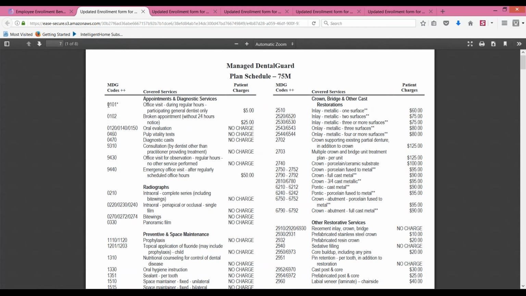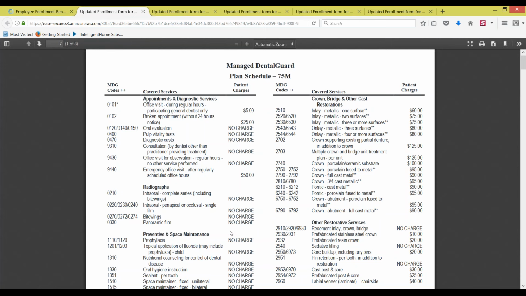So if you're familiar with billing codes, because you may bill for your services right now, dental is the same way. They have ADA codes. These are the codes on the side that actually match up to what most dentists do. So if you went down here and you go to 1110, which is a cleaning, it says no charge. So just for being on the HMO dental, it's no charge for your 2 cleanings a year. So that's awesome. So it's very good in terms of getting you where you need to be.